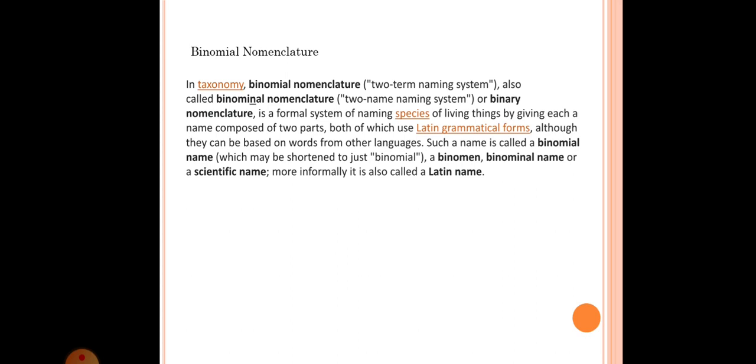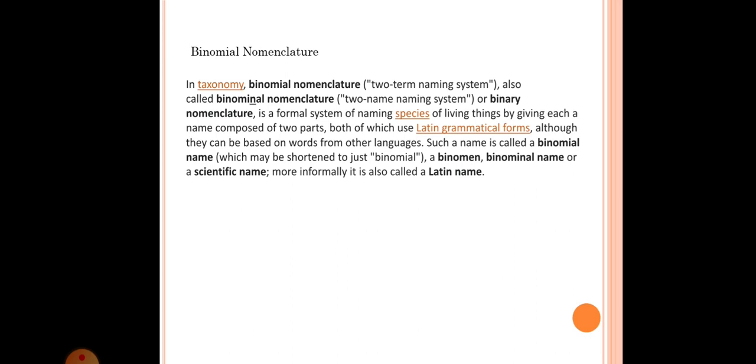Next, binomial nomenclature. In taxonomy, binomial nomenclature, that is the two-term naming system, also called binary nomenclature, is a formal system of naming species of living things